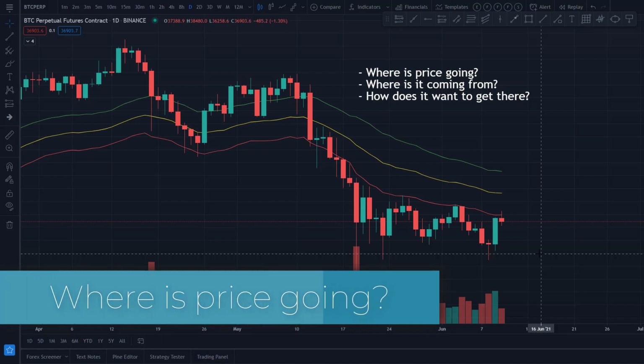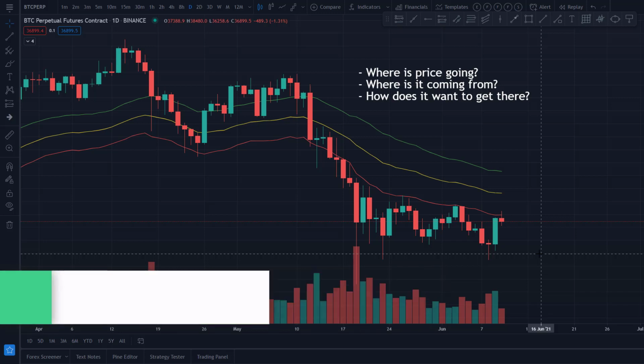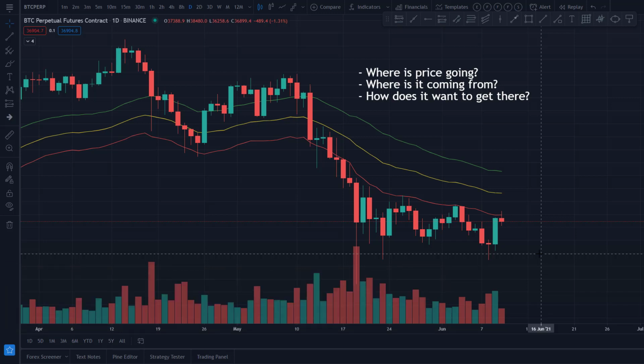Now, the second question is where is it coming from? Helps you with that somewhat. But here's a real world example, or here's how this works in my trading system. We're below the RexDog average. The RexDog average acts as a magnet, similar if you use the 20 moving average, or you're using Bollinger Bands, for instance. It acts as a magnet. So when price is below it, my question is, where is price going? My question is, does price want to go up and recheck at the RexDog average to continue the momentum short?